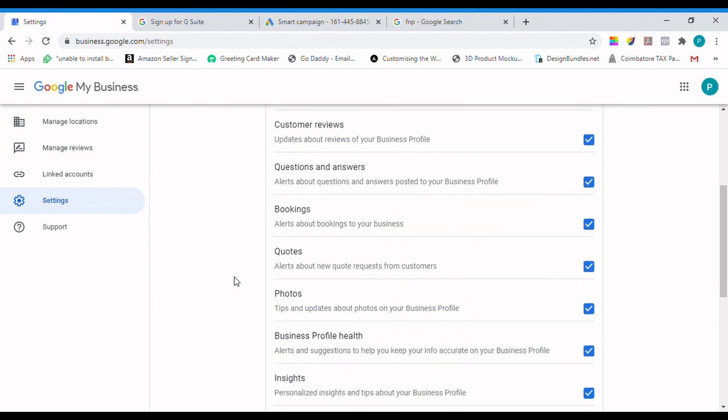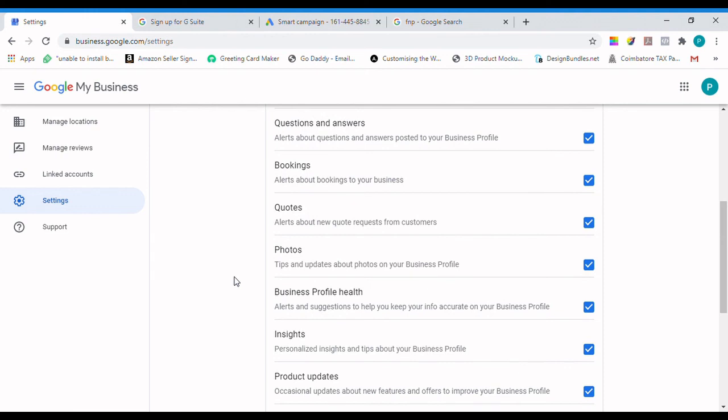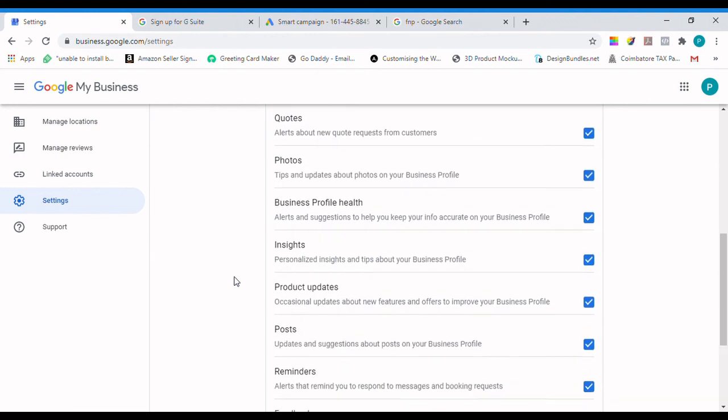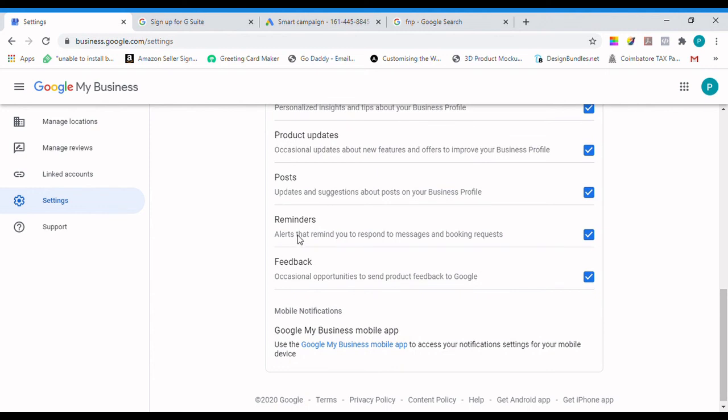At least it will alert you if any new review comes, any new booking comes, and code comes, and photos, and much more. And it sends a reminder also if there is any booking request. So better to keep it on and don't uncheck it. And this is a feedback about the product and mobile notifications. So it will notify you on your mobile number.